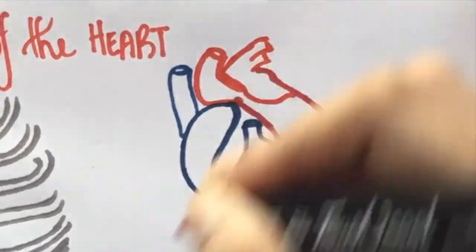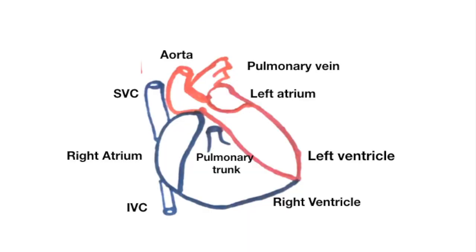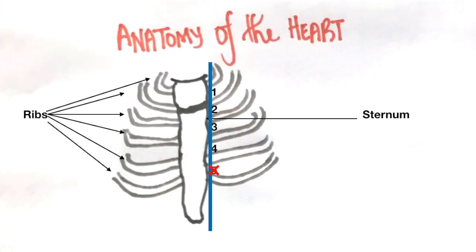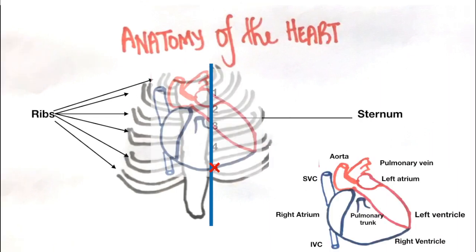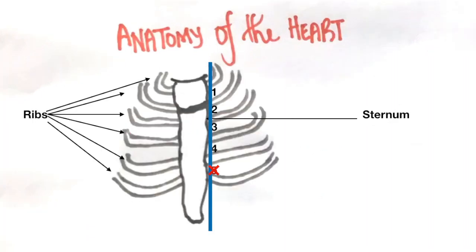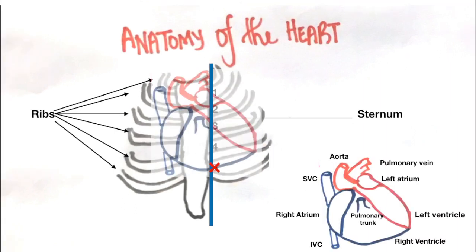These are the chambers of the heart. Our patient has a stab wound at the fifth intercostal space along the left parasternal line. A wound at this location is likely to affect the right ventricle. Since the right ventricle is the most anterior part of the heart, it overall has a higher chance of being injured in case of trauma. Isolated lung injury can take place if the penetrating injury is towards the lateral parts of the chest. The aorta isn't present in this location mentioned in the question, so right ventricle is the most appropriate answer.